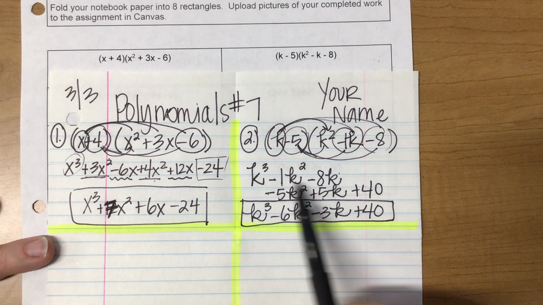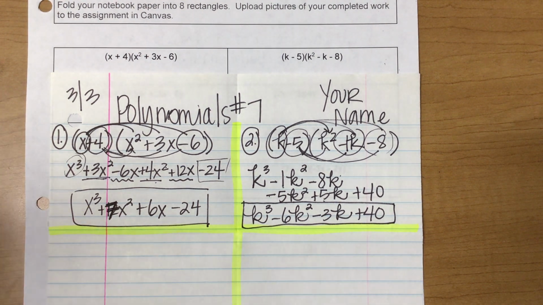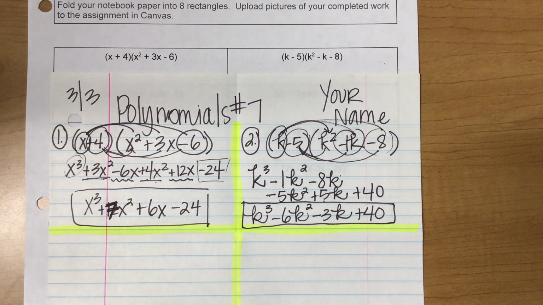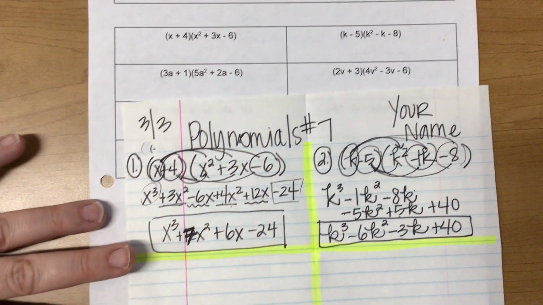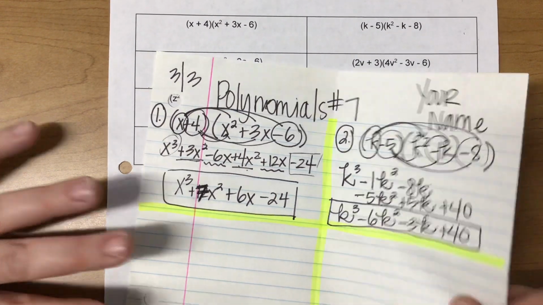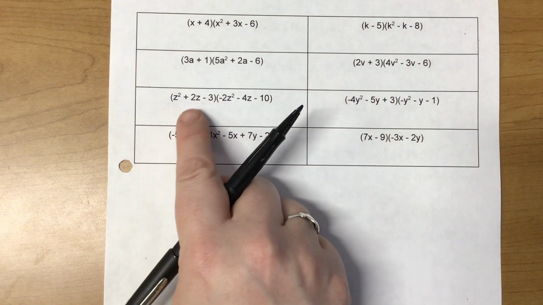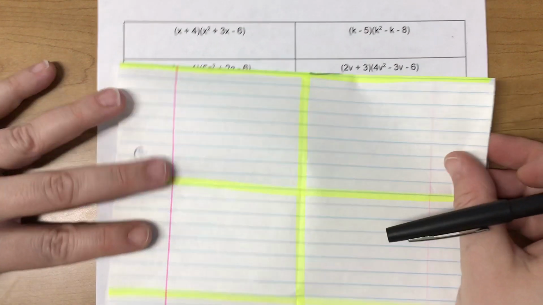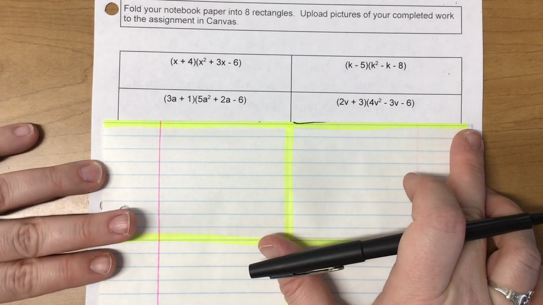Same answer as if you wrote it all in one line. So again, it's fairly easy. It's not as haphazard and messy if it's a binomial times a trinomial, or a binomial is your leading polynomial. It does get a little bit harder to look at if you increase to a trinomial times a trinomial, or even something bigger. And then the third way of organizing is to do the grid, which I find is